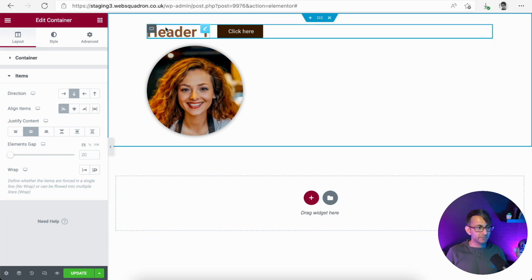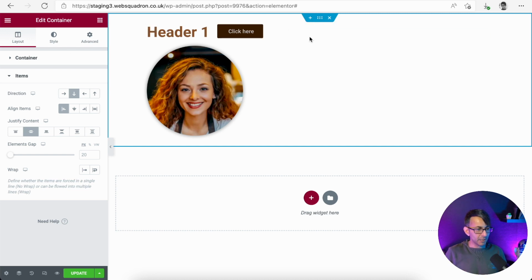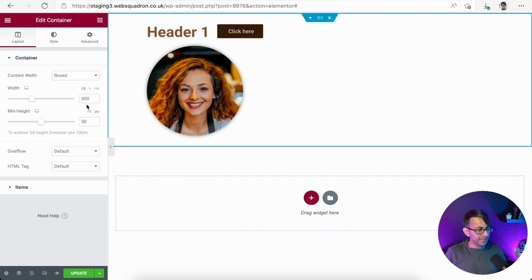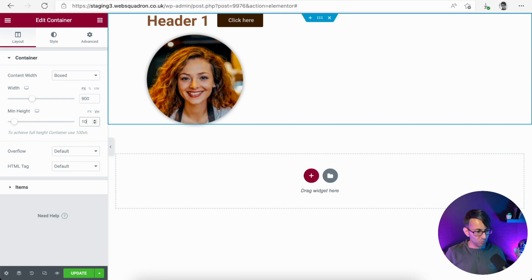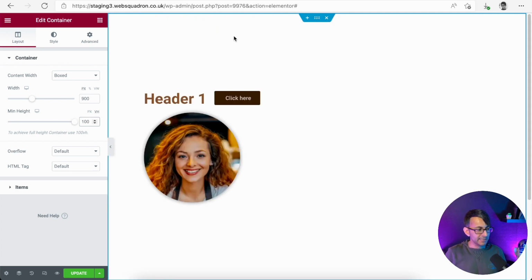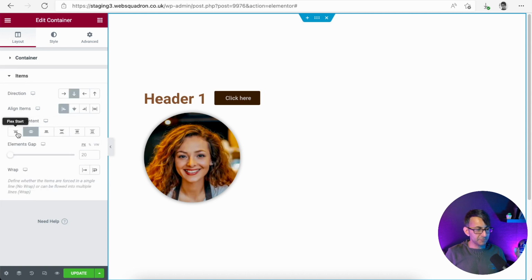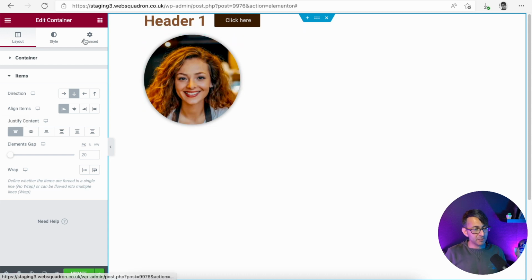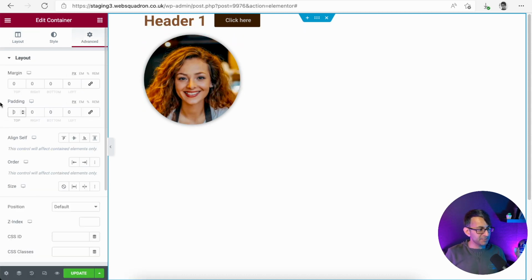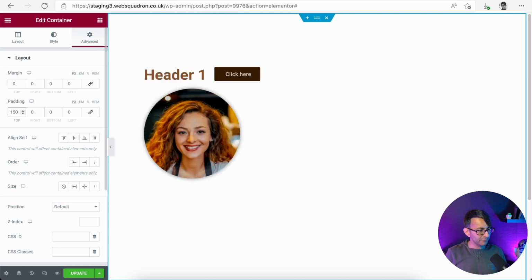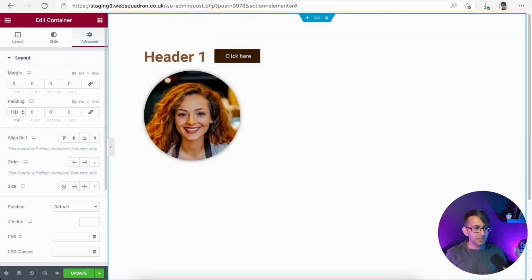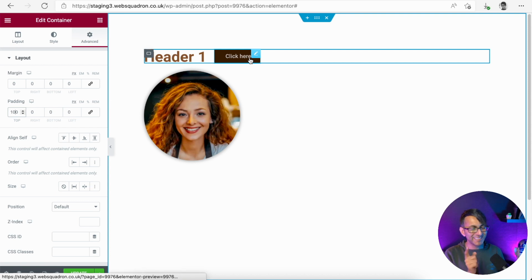So we have a container that contains how I've decided to do my layout. Of course, I'm going to go back into my container, and I'm now going to make the height of this be 100, so it's a full height. I'm going to click over onto my section, go to items, and say make this be justified to the top. But then I'm going to go to my advanced and say, give me some padding of about, let's just go with 150. No, we'll go with 100. There we go. So I'm not losing the facility to do margins and paddings or anything like that. But by using a container, I've put the button after the header.